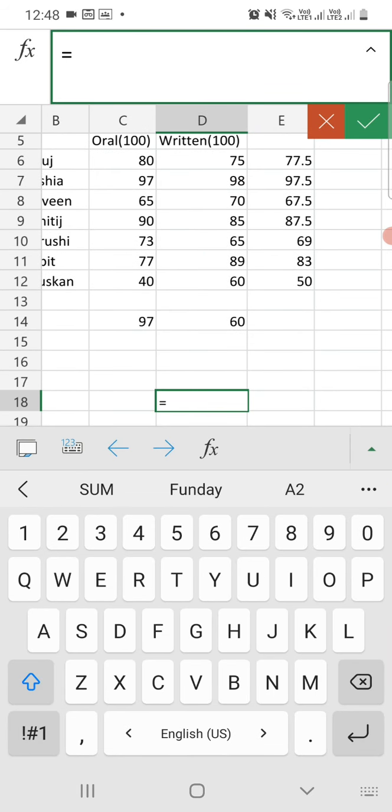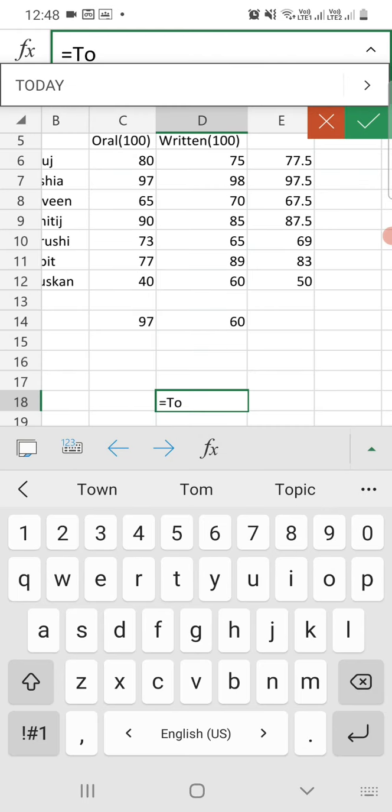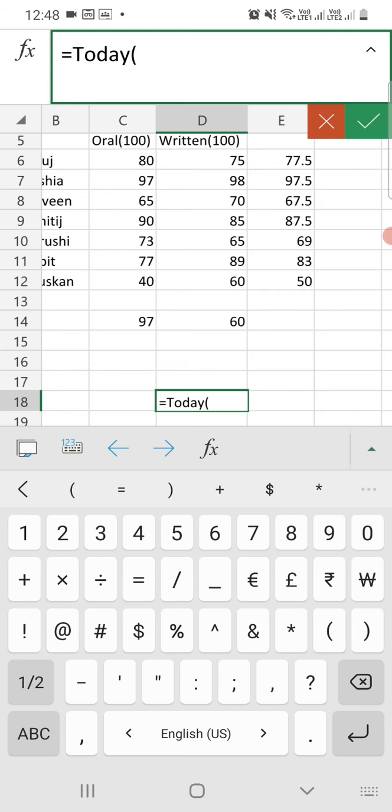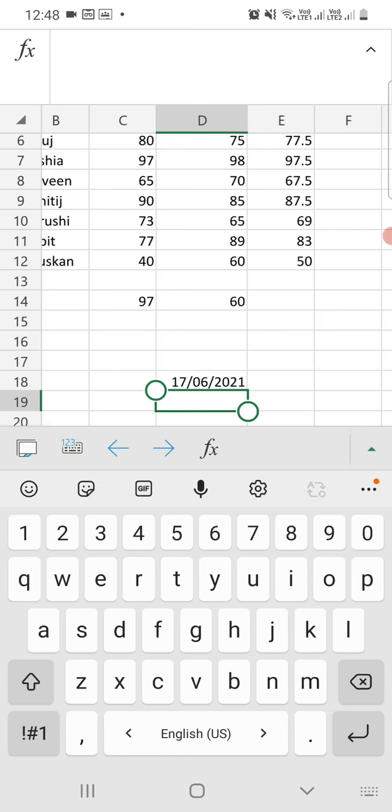It will provide you today's date. Press Enter, it will show you today's date, that is 17/6/2021. That is our today's date.